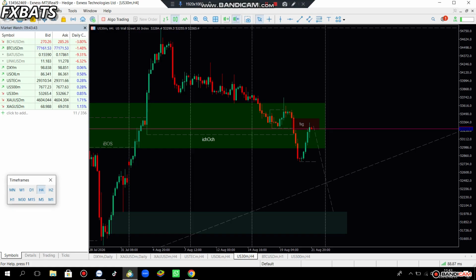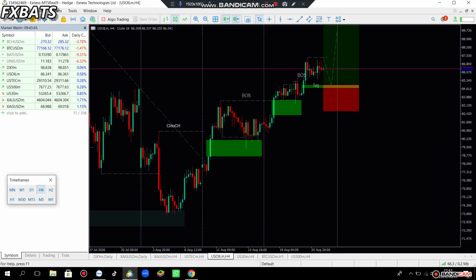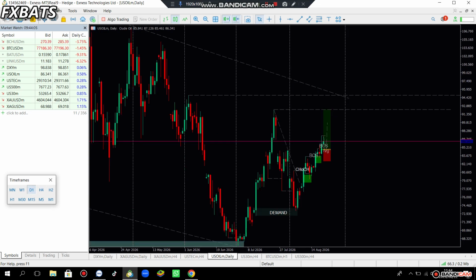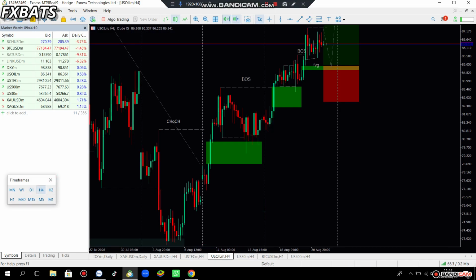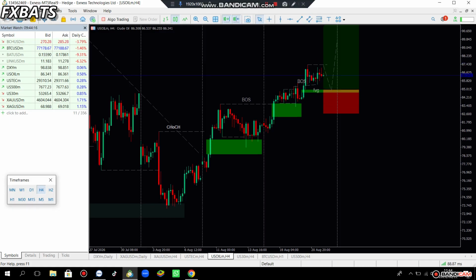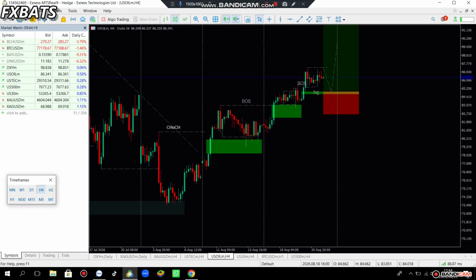Again, now oil, we've been really buying so nicely, though I'm still waiting for this liquidity to be taken out. I'm still waiting for a pullback towards this area of imbalance, so that we can still continue towards the 91 point something level. This is US oil. It's been really doing so good. So US oil, just wait for this area of imbalance to be retraced towards, then we continue to look for more buys to the upside.